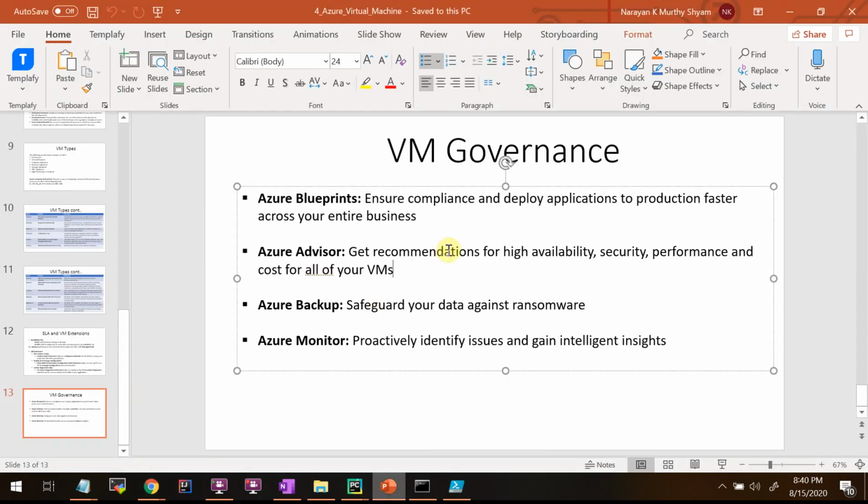So that is one area, primarily for high availability, security, performance, and cost. These are aspects that this advisor will primarily consider. Let's say your architecture is not, for example, the VM is not having high availability covered, so it will give recommendations to you for high availability